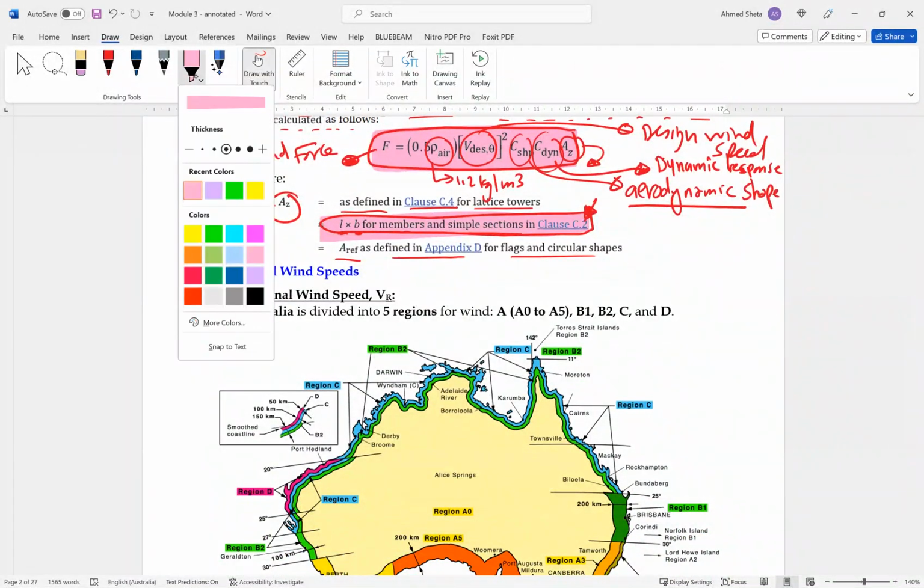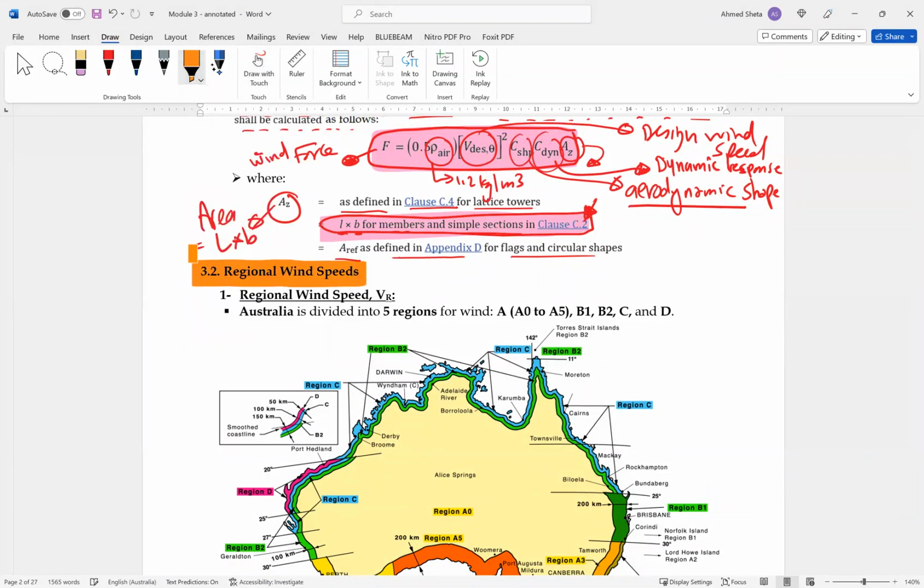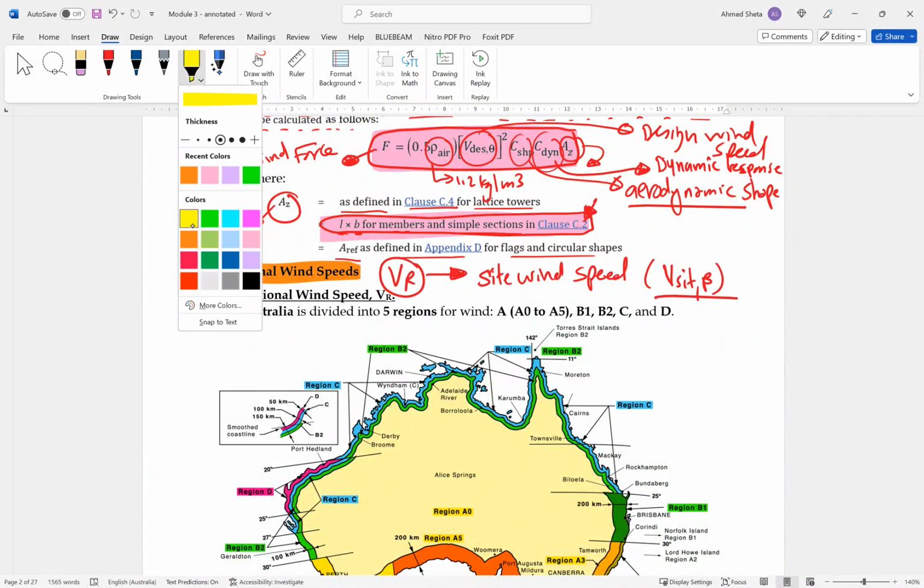The second topic for our lecture today is the regional wind speed. As we mentioned earlier, VR is required to calculate the site wind speed, which is V site beta. So the regional wind speed VR